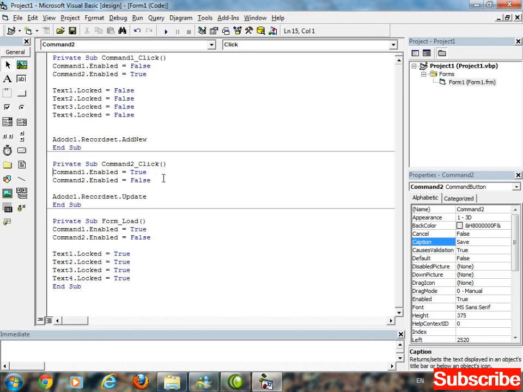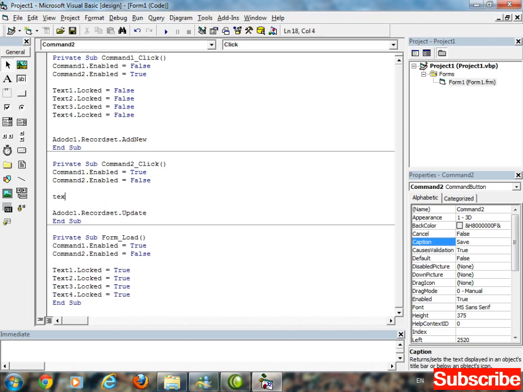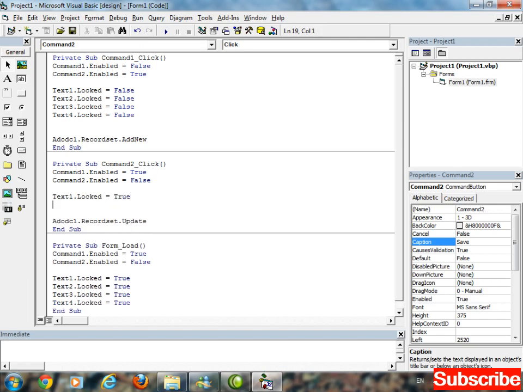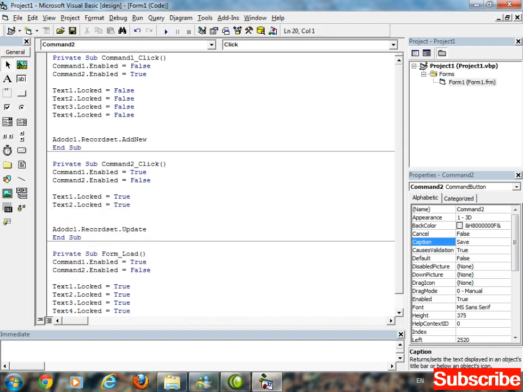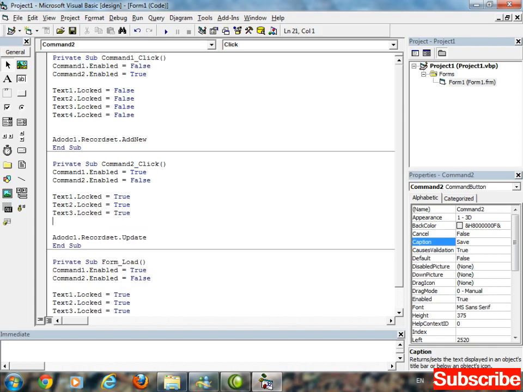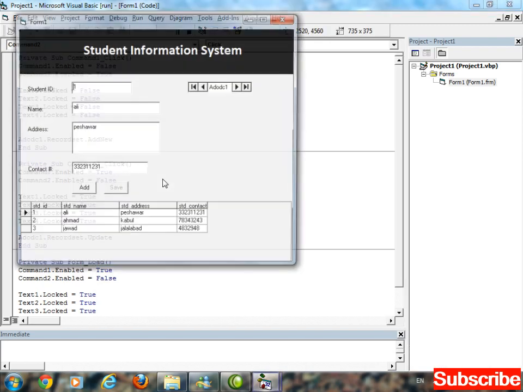Double click on save button and start typing code for locking these text boxes again. Text 1 dot locked equal to true. Text 2 dot locked equal to true, and so on, text 4 dot locked equal to true.